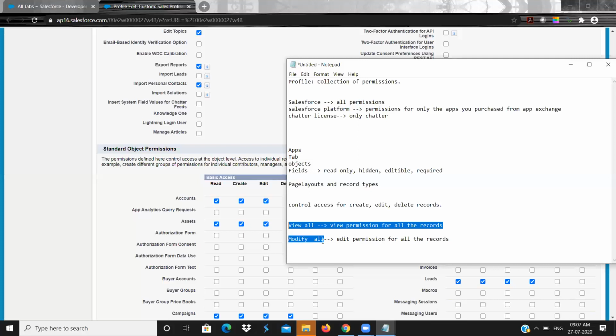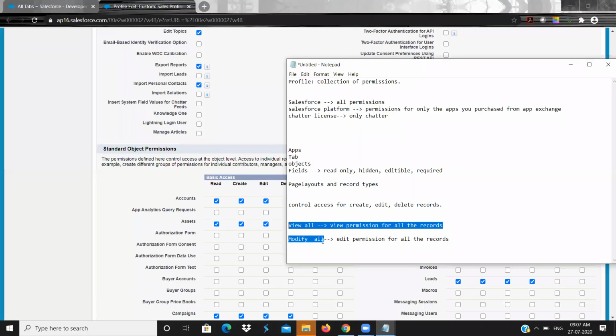Why are these permissions needed? For example, if you are a system administrator, you want to give a report to the management. That report means some sales report, some service report, anything you want to give to the management. But you are not a part of the sales team, you are not a part of the service team. As per the company policy, since you are not part of the sales or service team, you don't have access to their objects, tabs, apps and all. But you are a system administrator and you need to have all levels of access. What they will do is give view all, modify all permission.